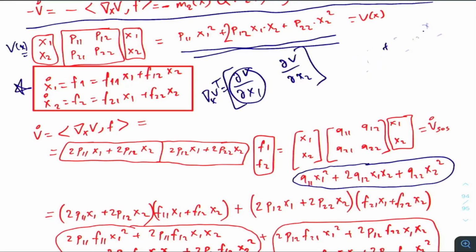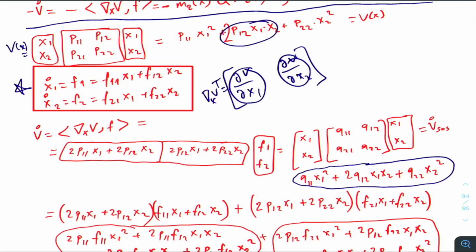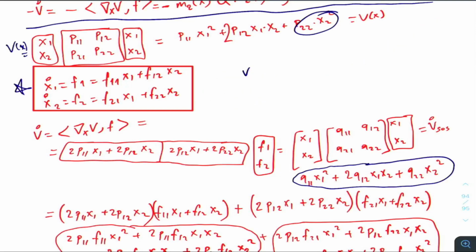Okay, all right. So let's find this again. The derivative of this term with respect to x2 is 2p12 x1, plus the derivative of this term with respect to x2, 2p22 x2, right? Okay, and again, this is the same term that we calculated earlier. So we just computed this, and let's